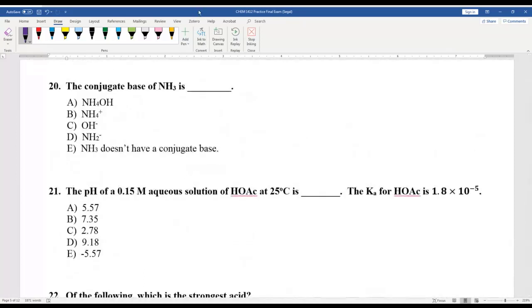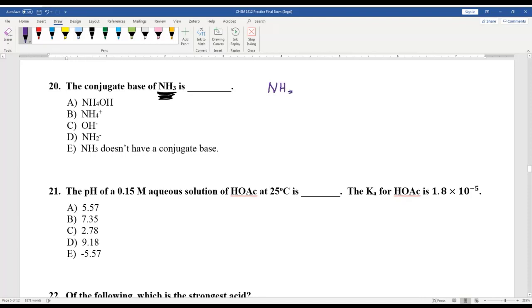What is the conjugate base of NH3? The conjugate base for NH3? Conjugate base assumes that the substance indicated is an acid. Professors like to throw up tricky questions like this. Conjugate base of NH3 means that NH3 is acting as an acid. So if NH3 acts as an acid,